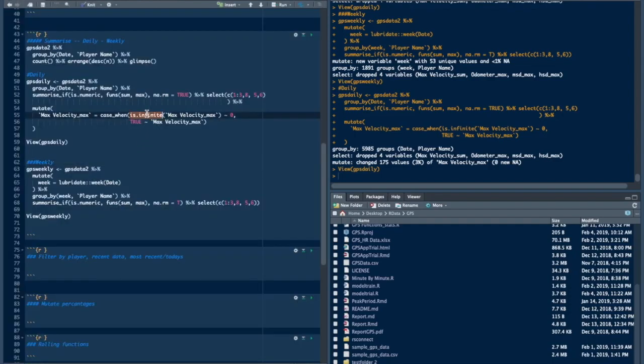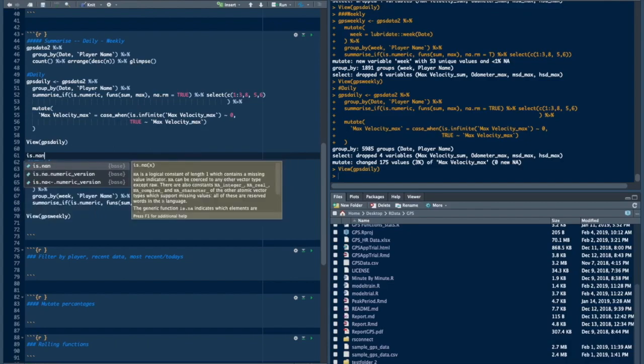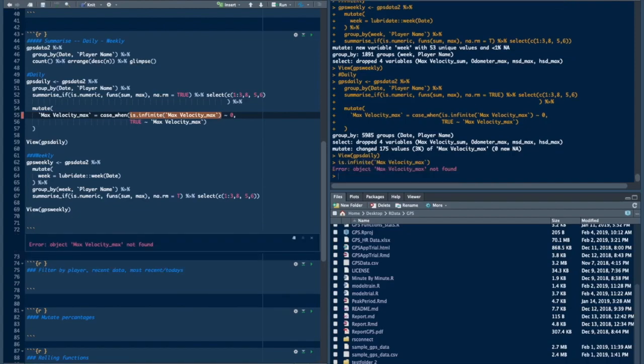Now with this is infinite, you have a range of choices here. So you have is infinite, NA values or NaN tend to be the ones that come up. And you can simply wrap, using case when, wrap it in this. So what this is doing here, this will return a logical value of true or false for this max velocity column,